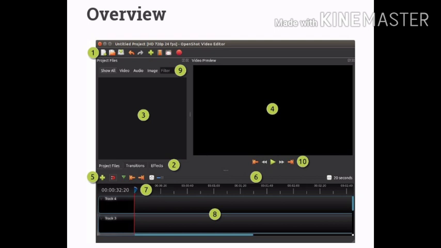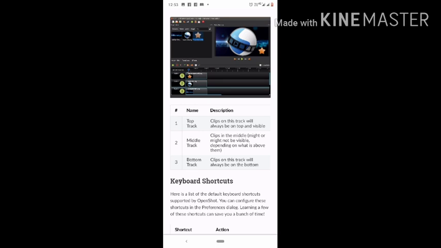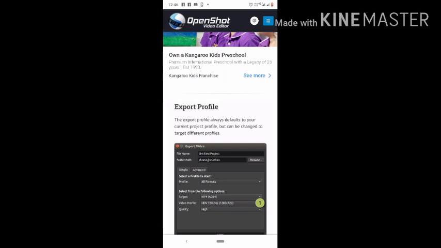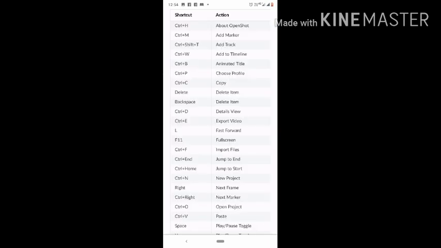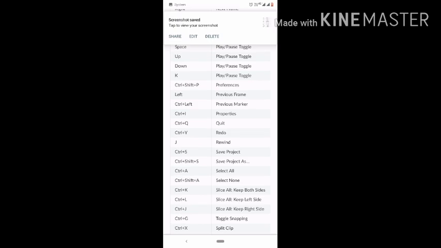Now look at the layer structure, where layers 1, 2, 3 are showing, and finally we will focus on the export section. In the export section we have to set the MP4 file, and the quality is medium for a medium size file, and some shortcut keys are also available, you can note them. And finally I will come with a little project, where everything will be cleared.